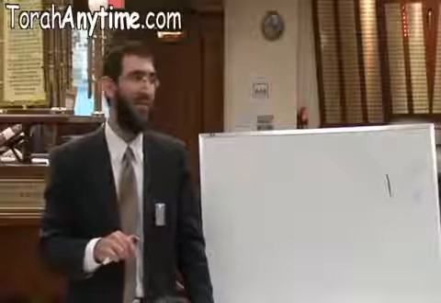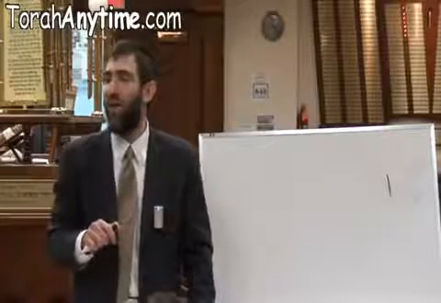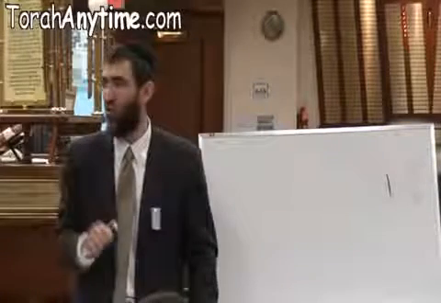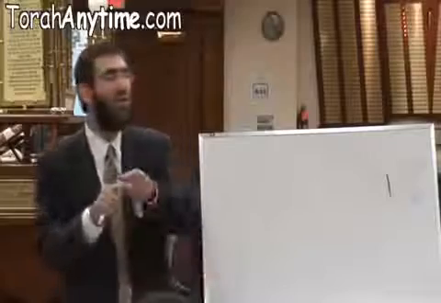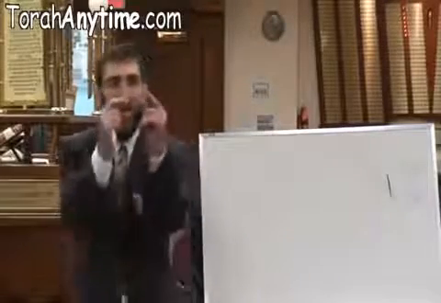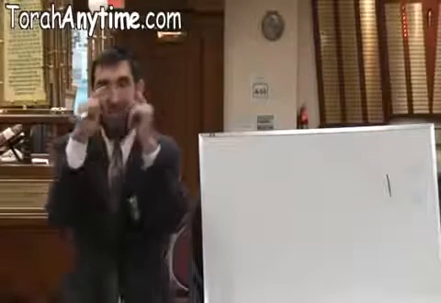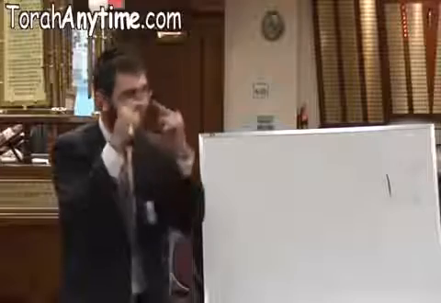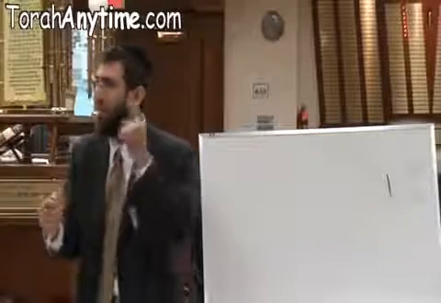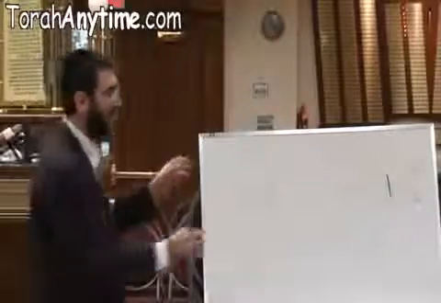Sefer Yetzirah, one of the oldest books of the Zohar, which is attributed to Avram Avinu, Abraham. The Sefer we have called the Book of Creation. At the beginning of the Book of Creation, he describes how God created the world. That's to say, God created the Aleph Beit, and then spoke the Aleph Beit, spoke out the letters, and by speaking out those letters, created reality. And listen to what the Sefer Yetzirah says. Kodesh Baruch Hu said the following: